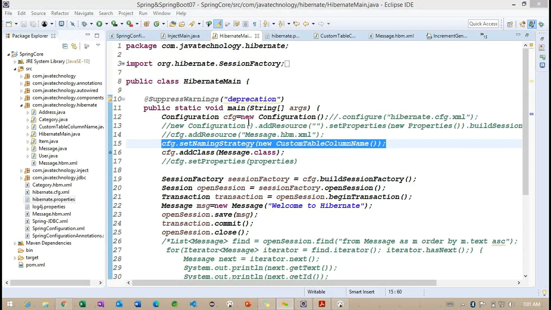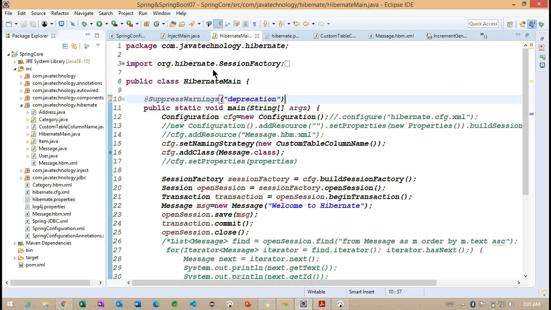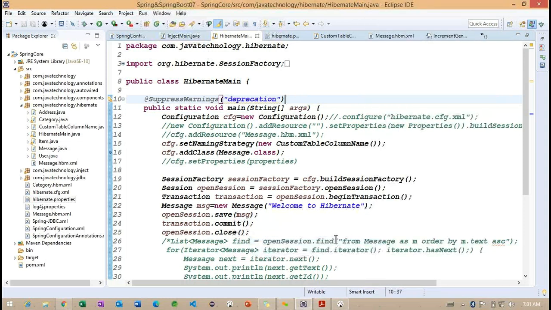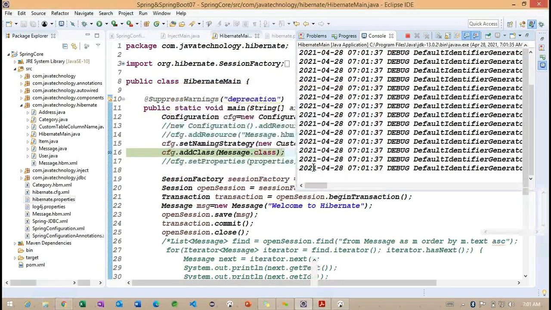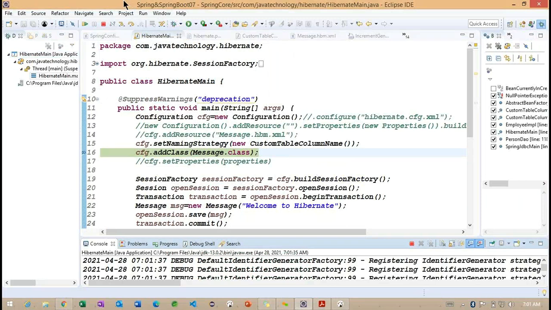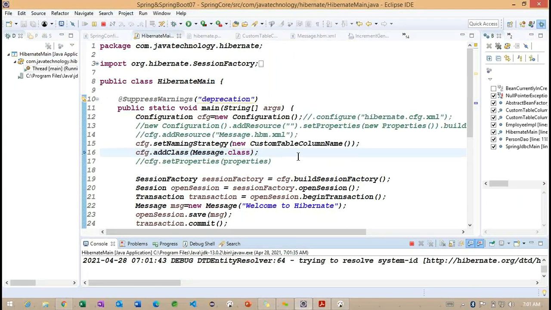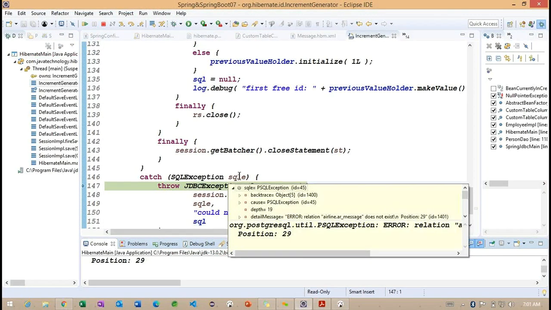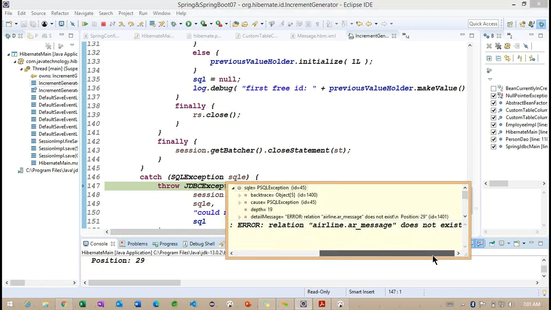So I'm going to run this, and this class is being called here. Observe carefully. Okay, let me run it in debug mode, so we'll have information whether this class is being called or not. Now I'm clicking on F8.